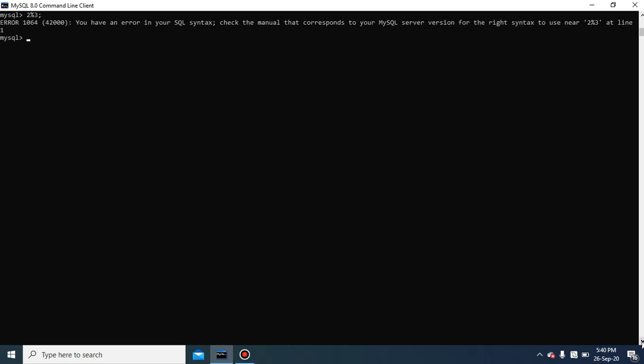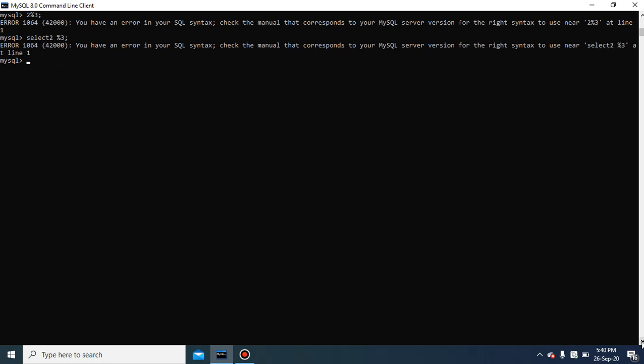When I taught you simple calculations, suppose 2 modulus 3, if you write select 2 modulus 3, it returns the remainder when you divide 2 by 3. It returns 2, because the numerator is smaller than the denominator; in that case the numerator is the remainder.